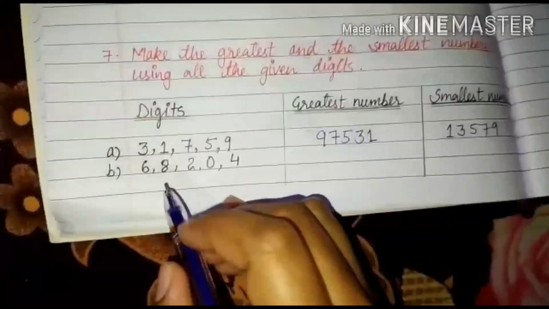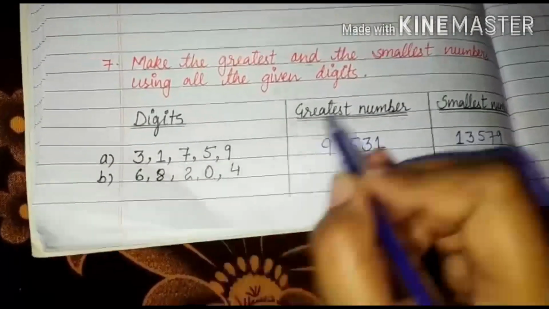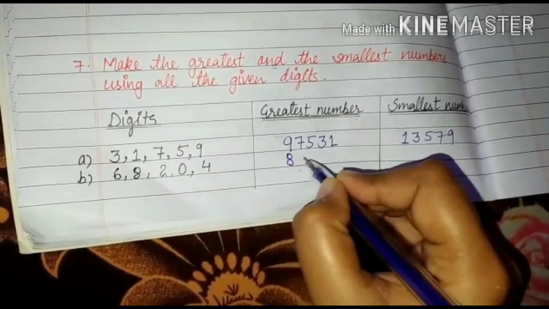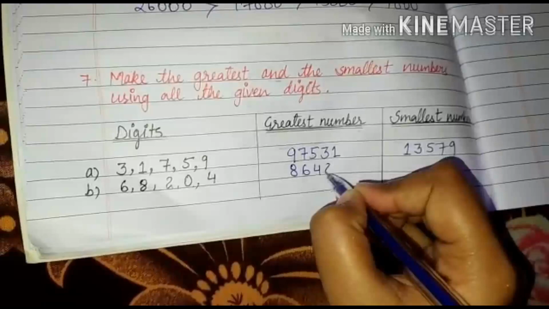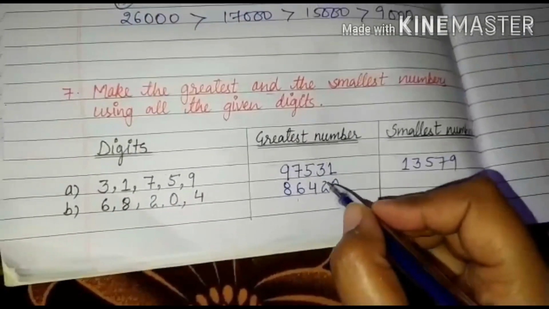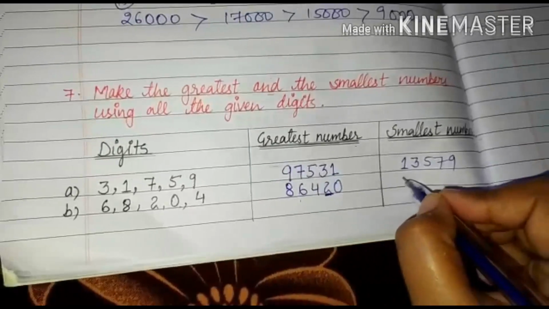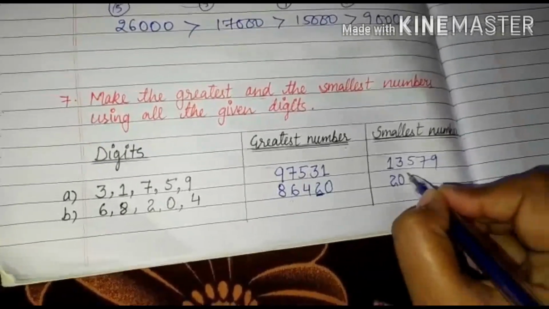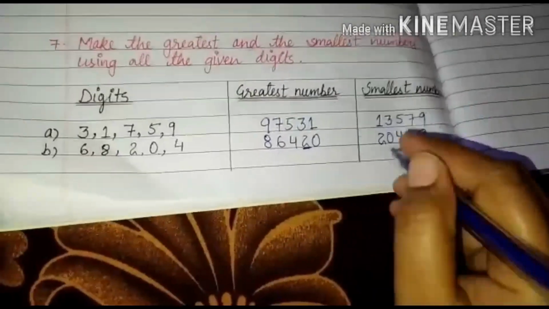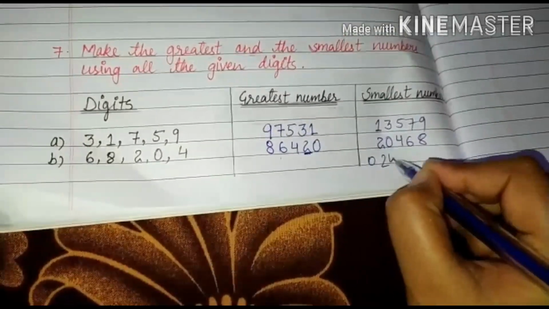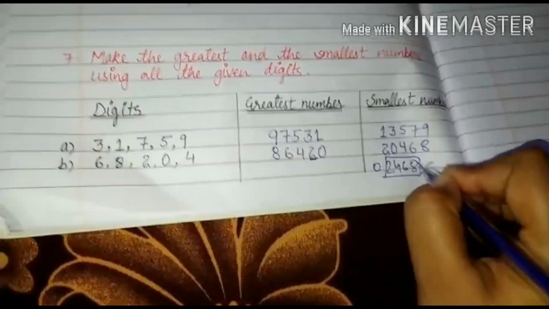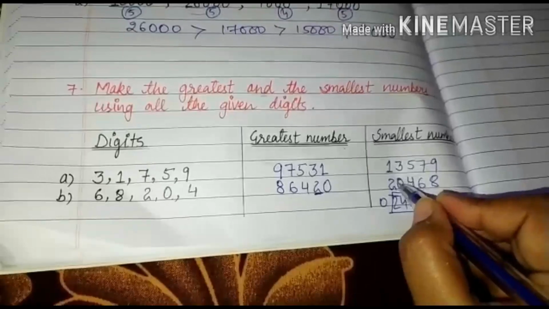That's great. But if we have a question including 0, for the greatest number there is no problem. Just go on with descending order: 8, 6, 4, 2, 0. But if we have to write the smallest number, what you have to do is write the second smallest number first and then 0. Then the smallest number goes with ascending order. Because if I write 0 at the first place, then I get a 4-digit number, which I don't want in this question. So just write 0 at the second place only.